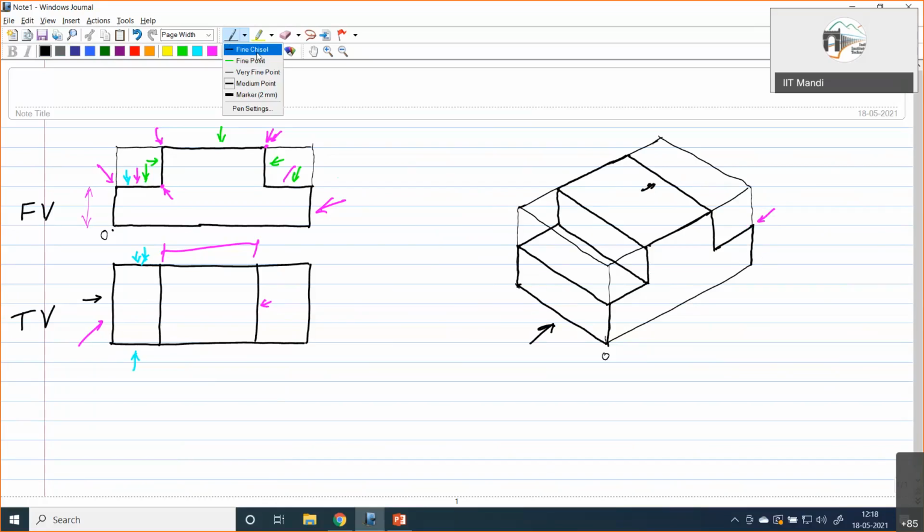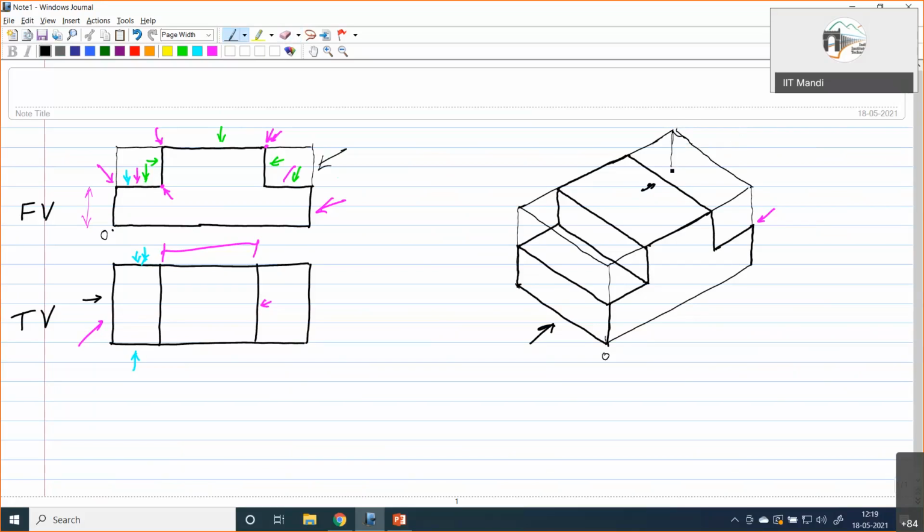For that we'll have to have a vertical line here. I guess this one is a little more inclined than required. We'll go somewhere like this. So from here you'll have a vertical line down. Onto this, height can be measured to locate a corner point.